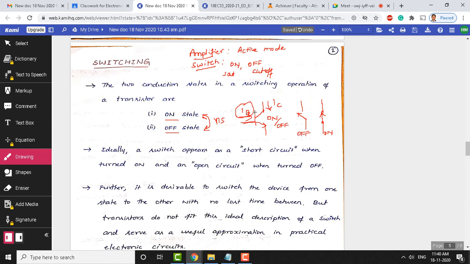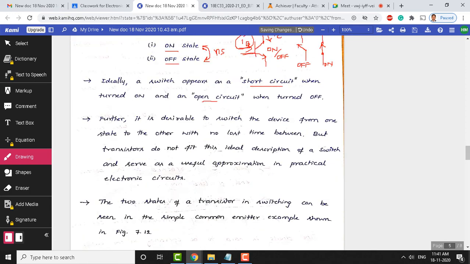When you want to use this as an on switch, you apply a significantly large value of base current. Then this BJT works like an on switch, and it is analogous to a closed switch like this here. So, this is a short circuit. From the switch point of view, we look at an on switch as a short circuit, and an off switch as an open circuit. So, these are the two ways we can interpret switches.